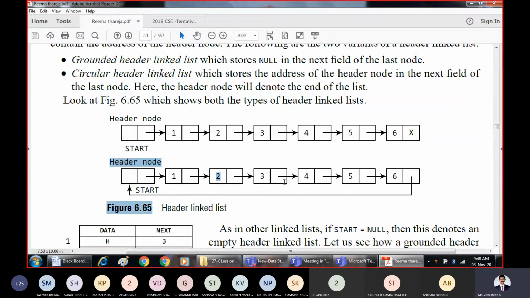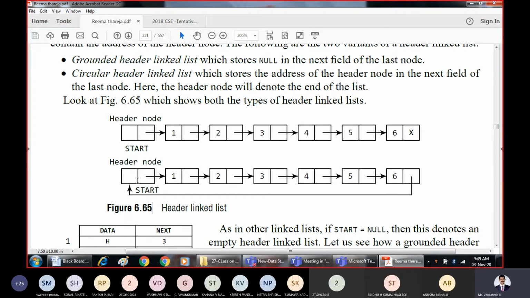The same header linked list is changed, but instead of containing the null value, the next field of the last node contains a pointer to the header node. It is pointing back to the header node, so that it forms a circle. That is called a circular header linked list.